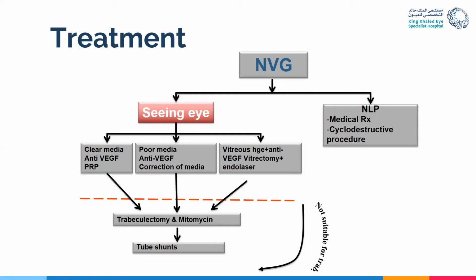And later on, once the eye quietens down, you can give the definitive treatment for the retinal ischemia, which is panretinal photocoagulation. But if the pressure is not that high, for example, the disc is fine, and you gave anti-VEGF, you can start PRP and wait a week or two until the eye quietens down after the PRP. Then you can approach your patient for the treatment, whether with trabeculectomy or tube surgery, depending on the situation. If the media are poor, then of course,